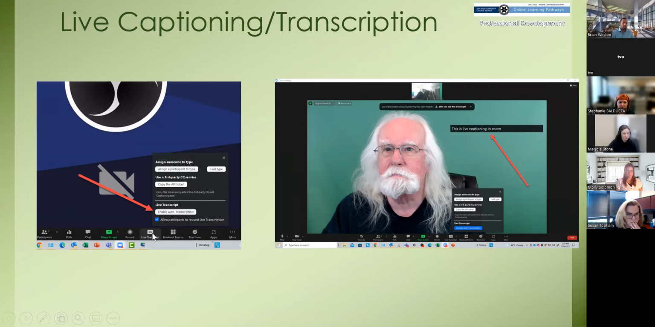This is initiated using a button in the Zoom that's present in both the host menus and the participant menus. And the host just clicks on the little CC symbol and then enables auto transcription, as you see here. I do have it turned on right now because one of our attendees needs it this morning,